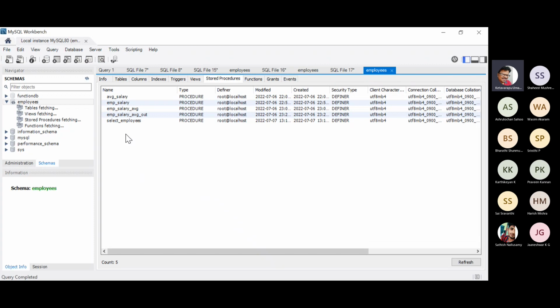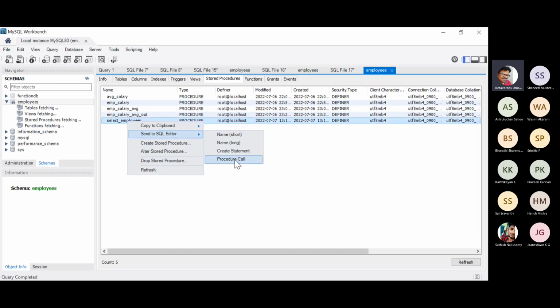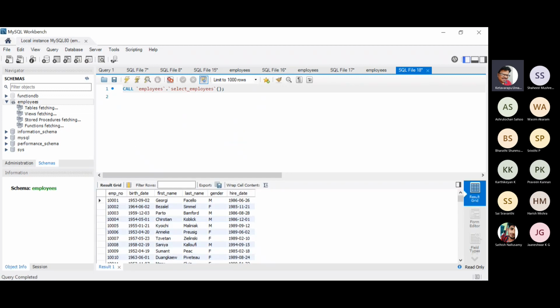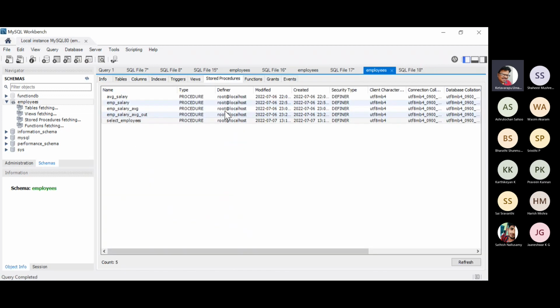Okay, so refreshing, and if I want to run this particular thing, there is a procedure call. I'm calling this particular convention, and it is giving some records. Along with that, suppose I don't want to utilize this procedure any more, and once I'm done